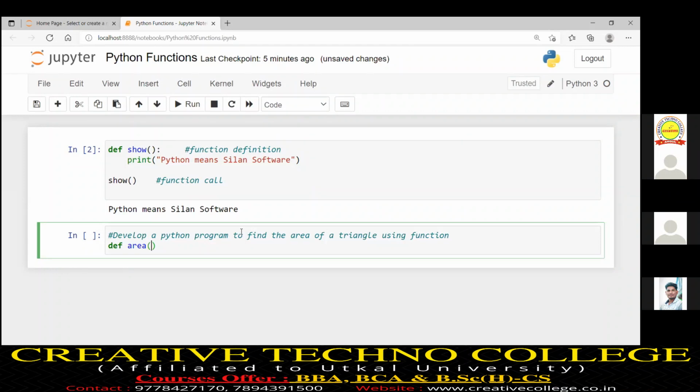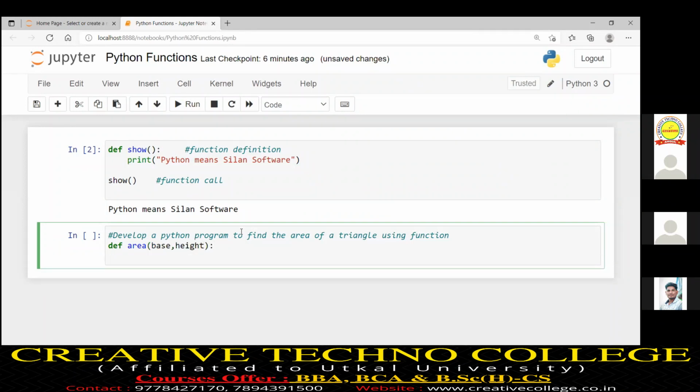You remember one point: if you want to take arguments, within the bracket you specify the number of inputs, my base and my height, as arguments. So I can write base, height.